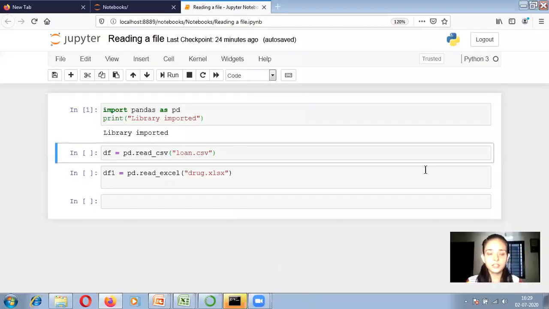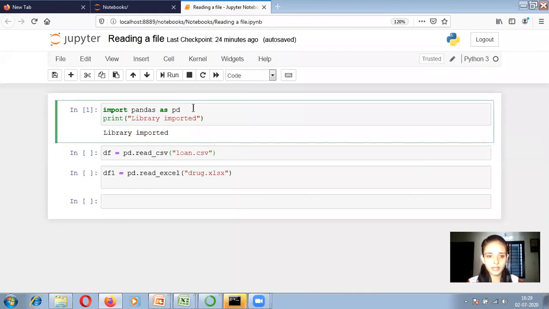Over here, this is my notebook, and I'm importing the Pandas library. How to import the Pandas library? With the import statement, import pandas, where pandas is the library name, as pd. So whenever in future I want to use the functions related to Pandas, I can write just pd dot and the function name, rather than writing the whole name Pandas.